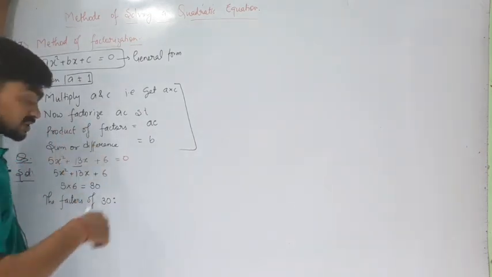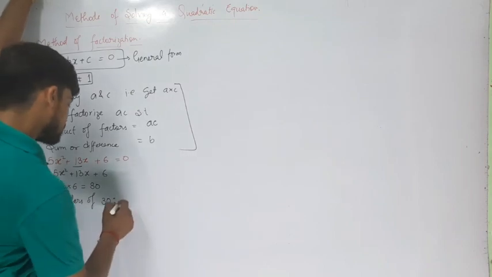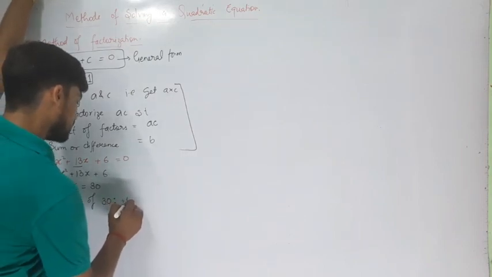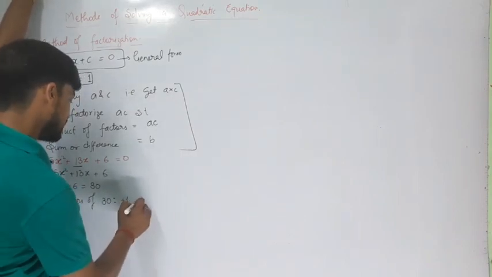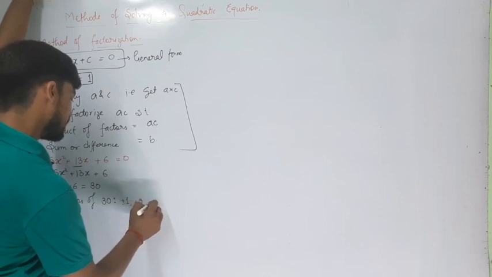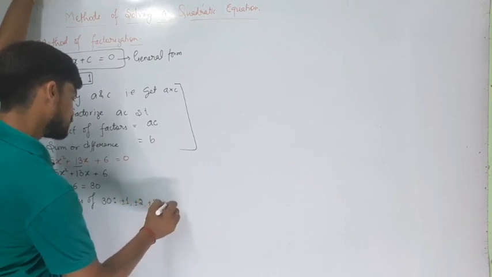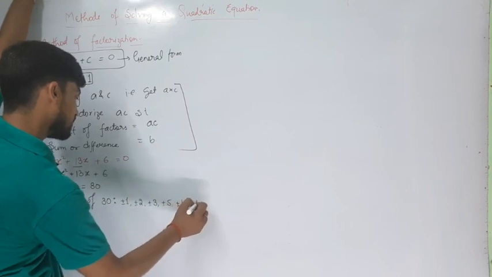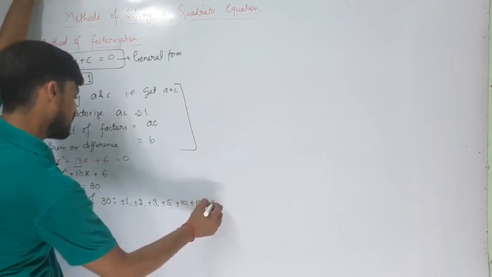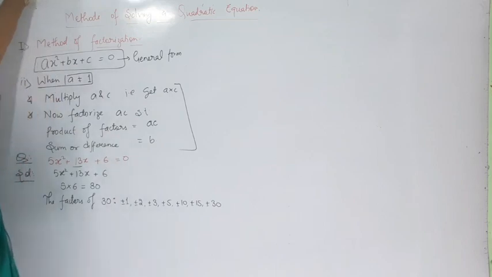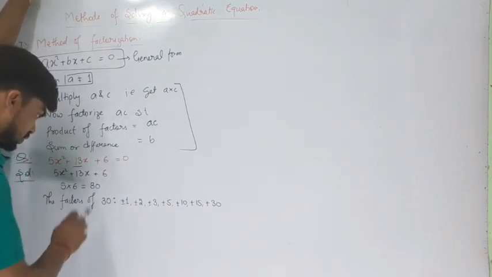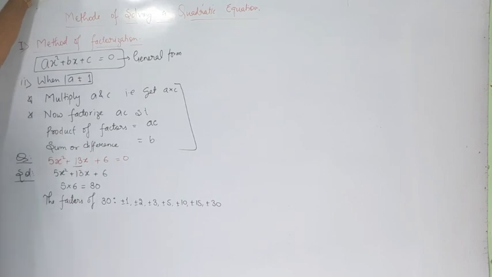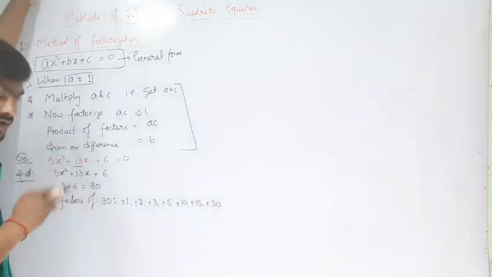Very first factor you will write plus minus 1. Next will be plus minus 2, plus minus 3, plus minus 5, plus minus 10, plus minus 15, and at last plus minus 30. Now, you need to select the 2 factors whose product is 30, but their sum or difference is